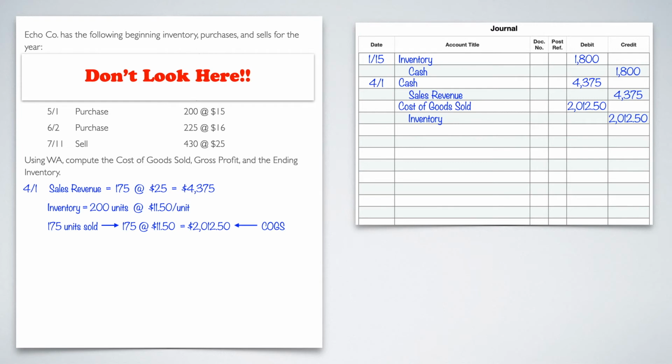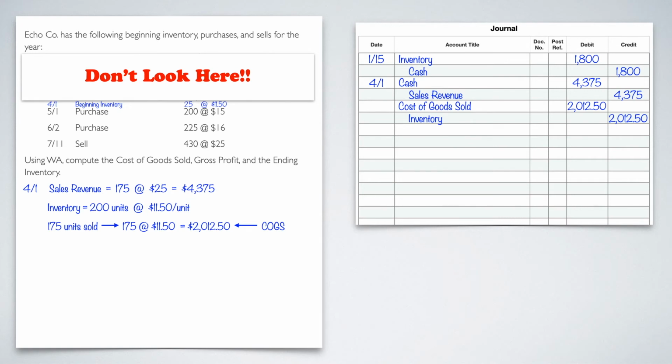Because remember, we still had 25 at 11.50 as the ending inventory of the last sale. And we know with ending inventories, they become beginning inventories for the next one. So I'm just going to put myself a little note that says, as of 4/1, I have a beginning inventory or ending inventory for the last sale of 25 units at $11.50 apiece. What you call it doesn't matter, but I call it beginning inventory for the next sale because I also know